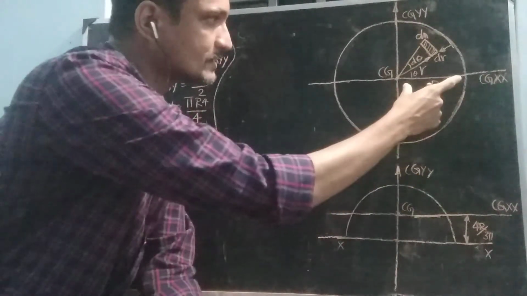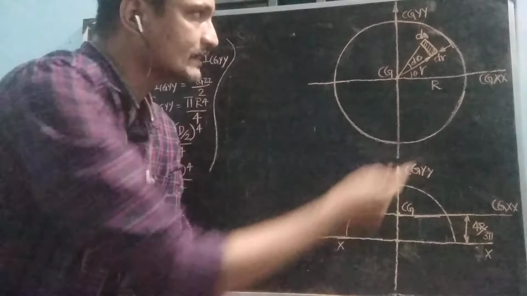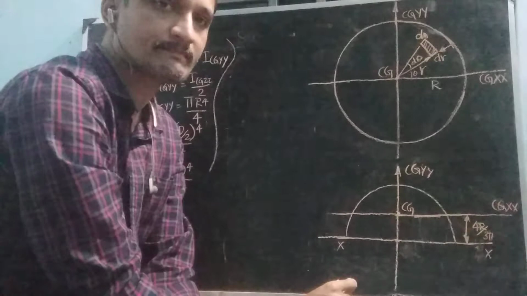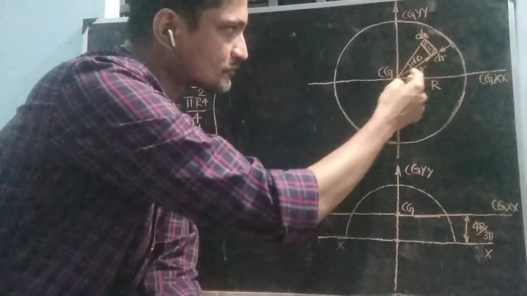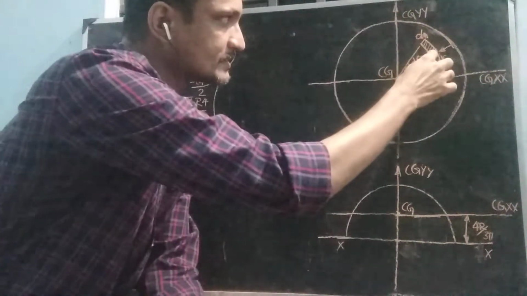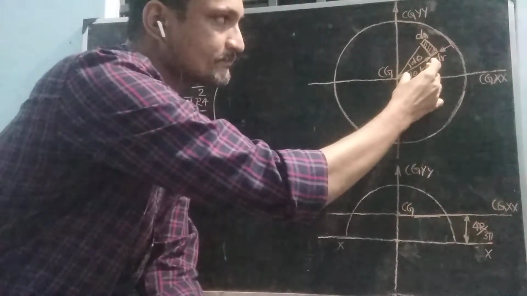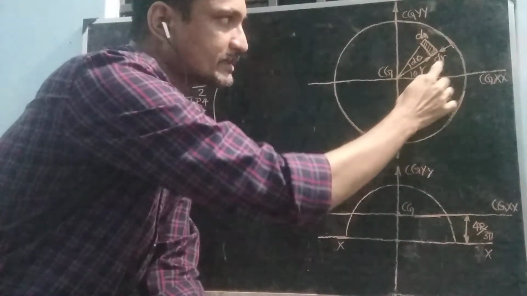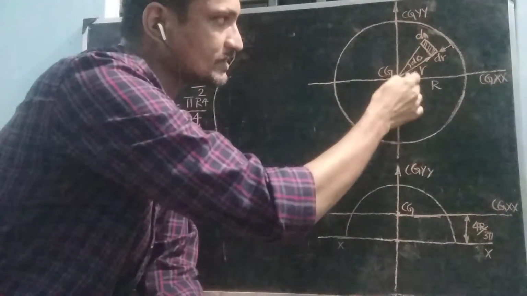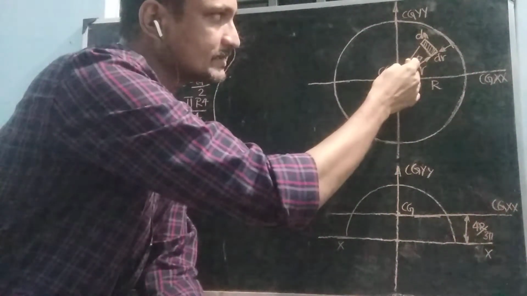Then the radius of the circle is capital R. Then take an infinitely small area dA, which is at a distance of small letter r from the centroid. The radial distance of that dA from the centroid is equal to small letter r. Then the infinitely small increment in that radial distance is equal to dr. Then this angle is equal to theta. Then the infinitely small increment in that theta is equal to d theta.